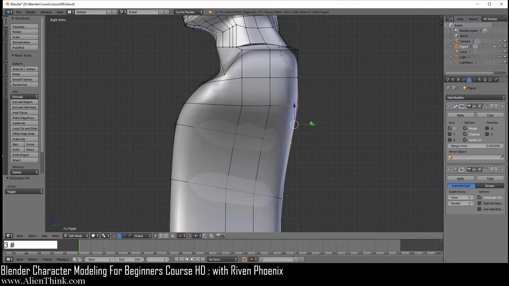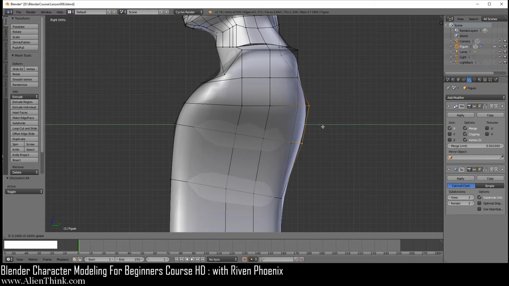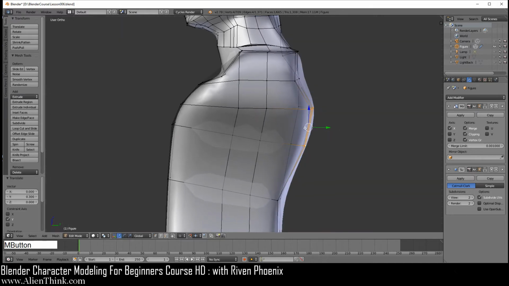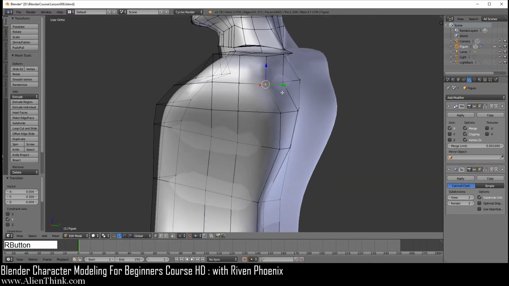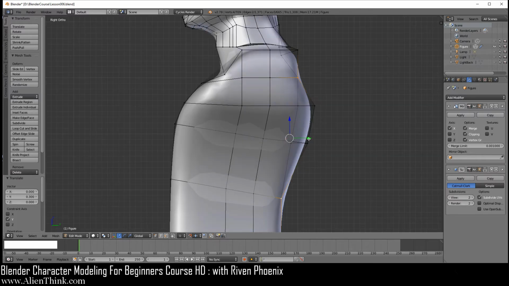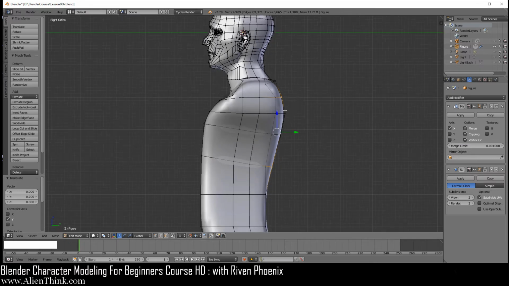Then go to your right view. I'm going to bring this out 1, 2, and then 3. Going to do the middle mouse button to rotate. Now I'm going to select on this vertex, this one, put the shift key down, this one, and this one. Okay, now make sure you selected it this way. Go to your right view by pressing the 3 key, then come out 1 and then 2. So you can see what we're doing is defining the curvature for the back.